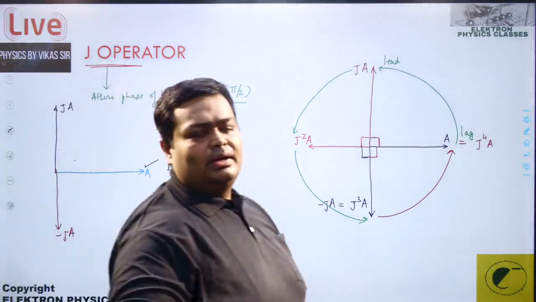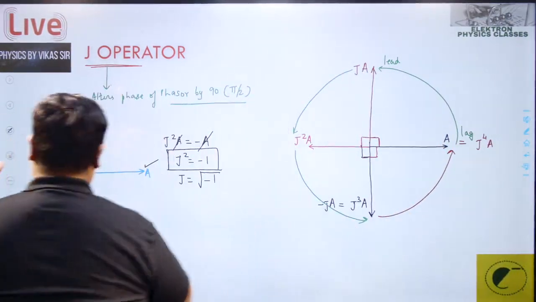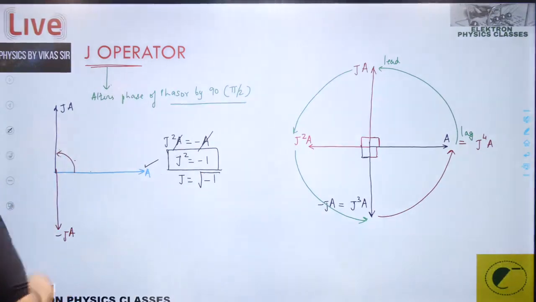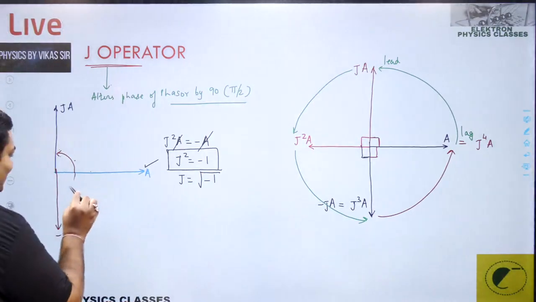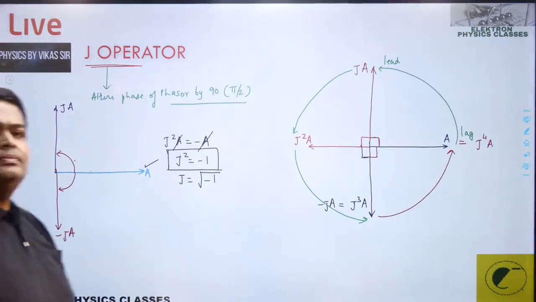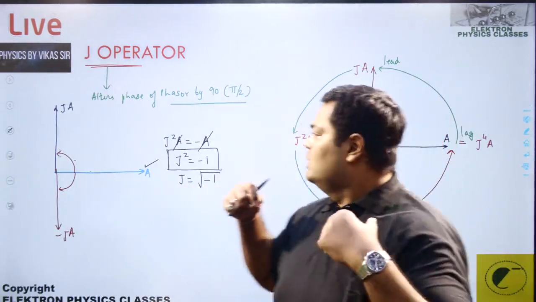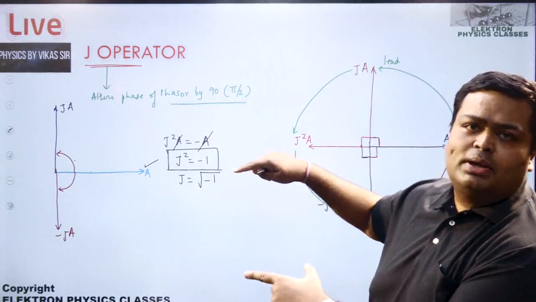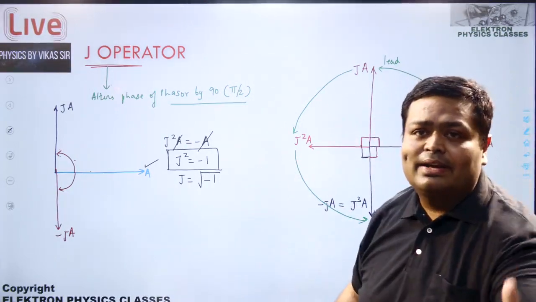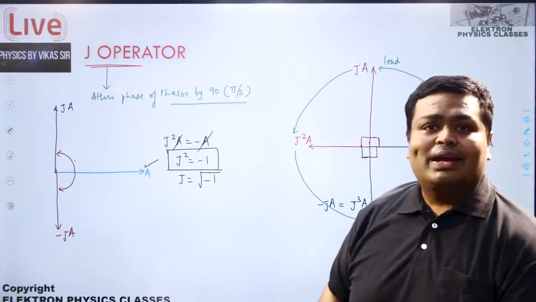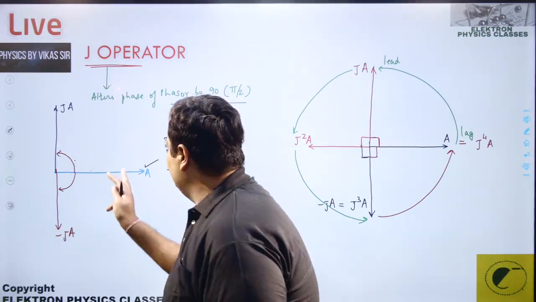So I think you're getting the point. If you multiply this by J, it gains a phase. And if you multiply this by minus of J, understood? It will lag the phase now. So it's a leading and lagging idea, and it's actually merging with the previous idea. Anti-clockwise, we are leading, and so clockwise, we should be lagging. So this is going to lag this by pi by 2, and this is going to lead this by pi by 2.